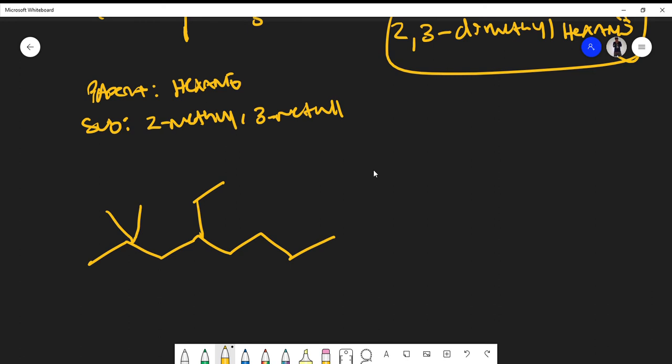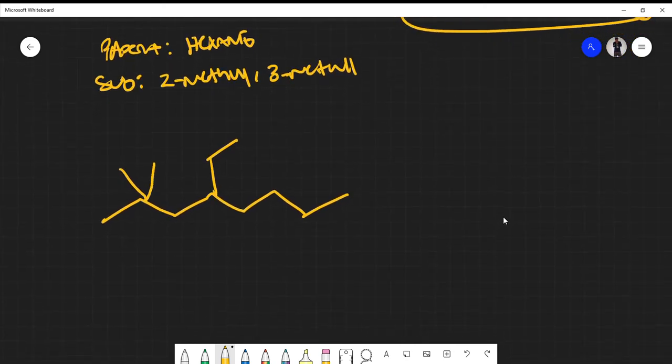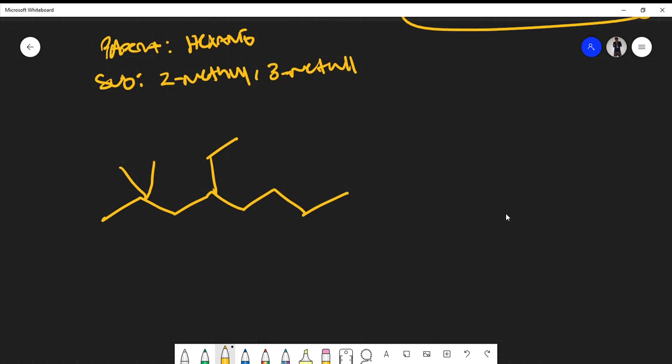How do we name this compound? Well, I'm going to start by finding the parent, so the longest carbon chain. In this case, I could start from here. So this is 1, 2, 3, 4, 5, 6, 7, 8, right? Is the parent octane? Well, if I start from anywhere else,